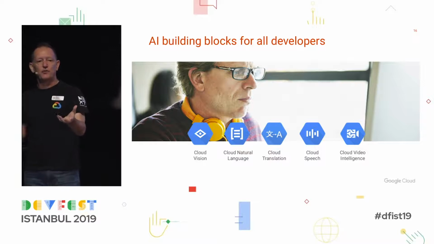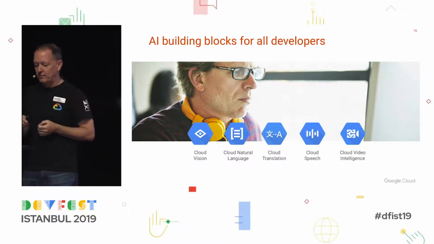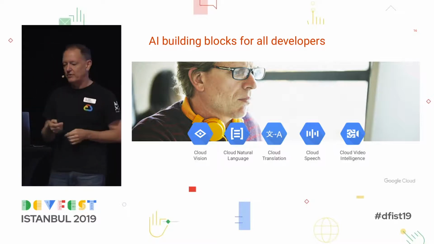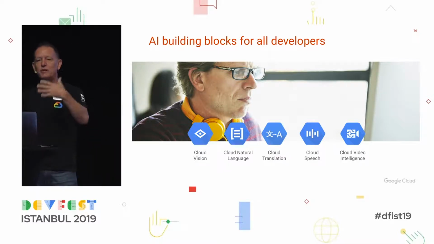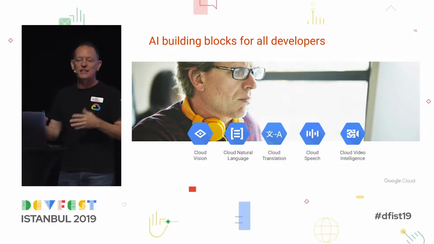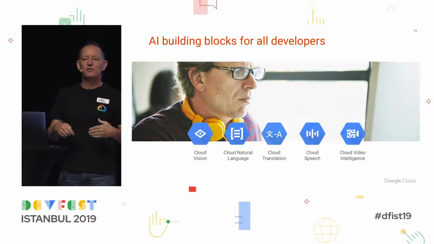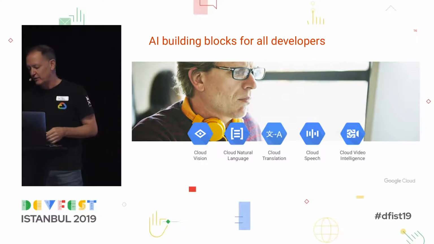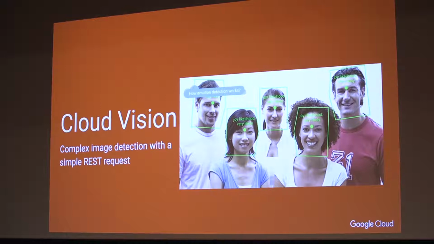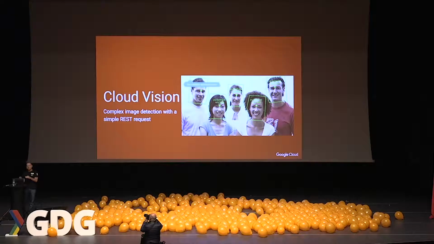So Google provides a whole series of pre-trained models to do a variety of different things. There's vision for looking at images and trying to understand them, natural language for understanding speech, translation, obviously for translating text between two languages, speech for taking audio and taking the words out of that so that you can then drop that into a database, for instance, and make it searchable, bring that data alive, and then Cloud Video Intelligence. So we're going to do a quick walkthrough of a couple of these before I get to the meat of what I'm going to talk about today.